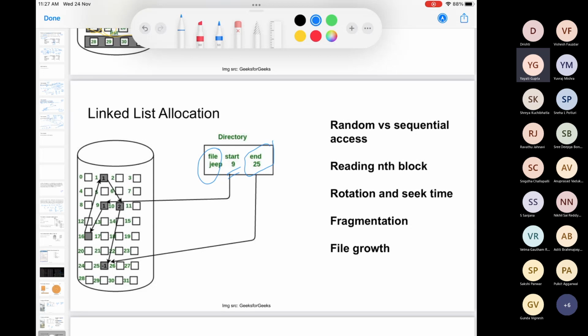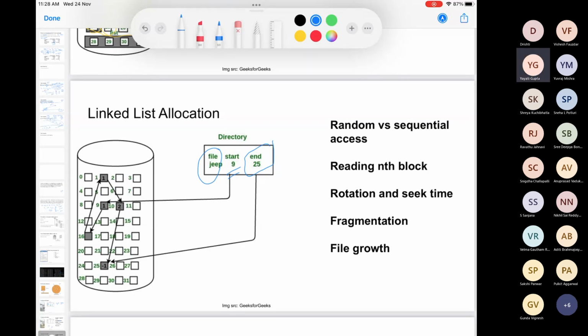Again, the problems: can we do random access in such a file? How difficult will it be? If we ask the same question, access the 12th block of a particular file, it becomes very difficult. First of all, it is not contiguous. You go to the first block, and the first block tells you where the second block is. Then the second block can be altogether in some different track, so you move your read-write head and go there. That will tell you where the next block is. So there will be a lot of movement, and that way it will be inefficient.